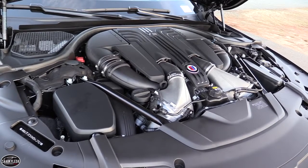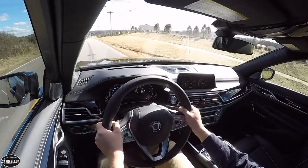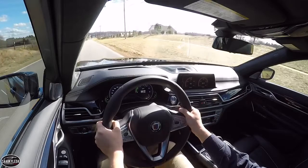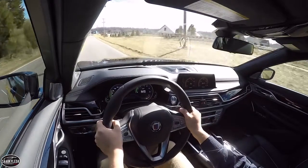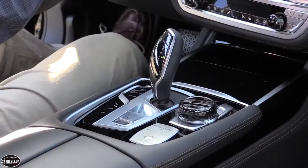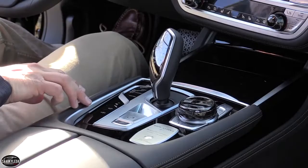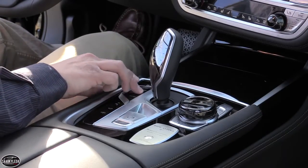With enlarged inlet and outlet diameters, the turbochargers are able to push up to 20 psi of boost, generating 600 horsepower between 5,750 and 6,250 RPM and 590 pound-feet of torque between 3,000 and 5,000 RPM. The B7 is estimated to hit 62 miles an hour in about 3.7 seconds and 124 miles per hour in